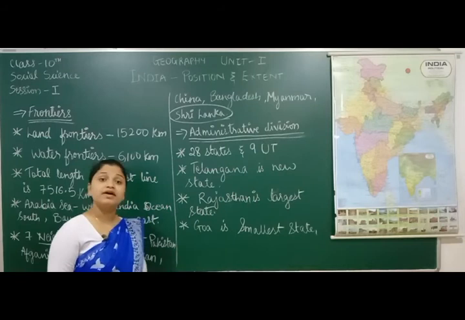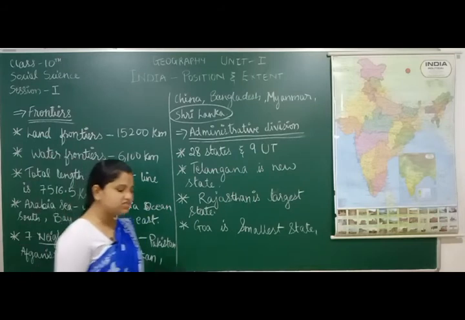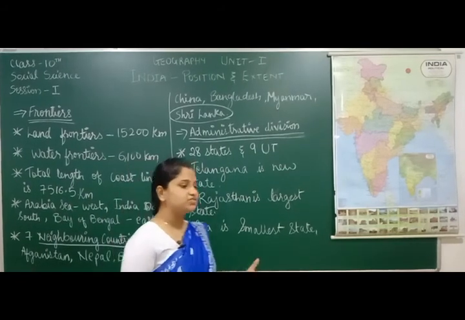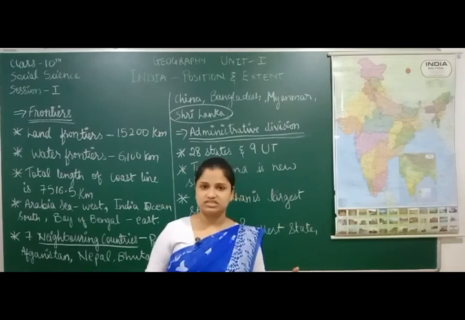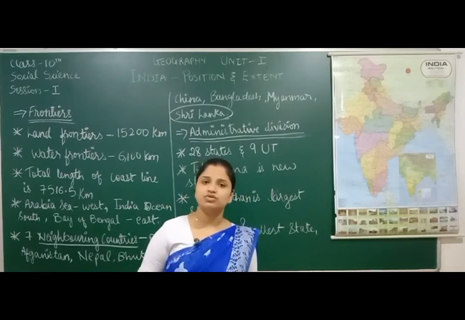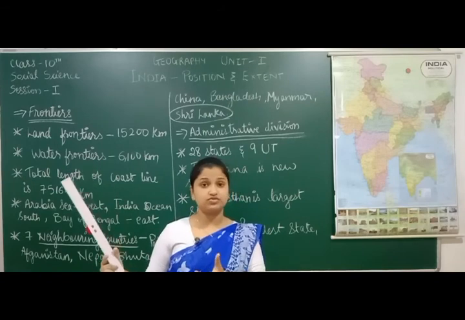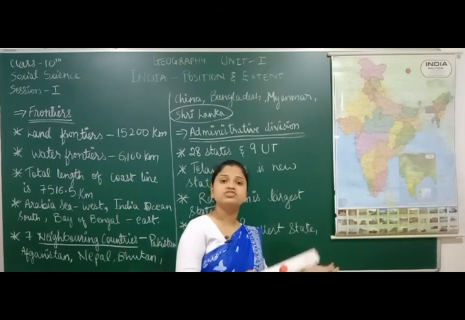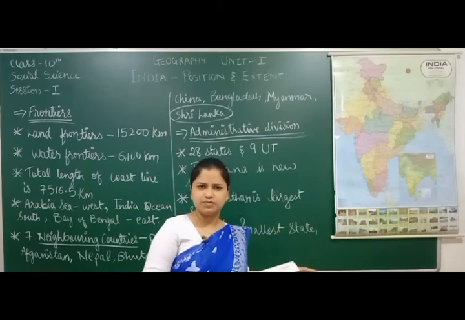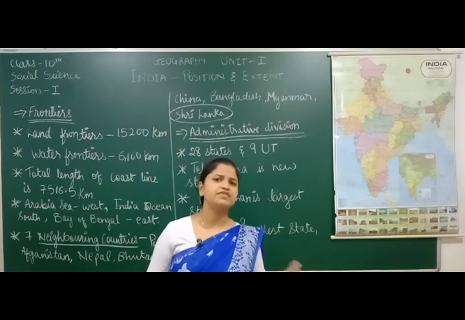So what do you mean by administrative division? Administrative division means, for better working, we divide the whole system. For example, your school will be divided. First you have a chairman of your school, then we have a vice principal, then we have teachers. Each person has a different work to play, right? So you can give different work to different people very easily.